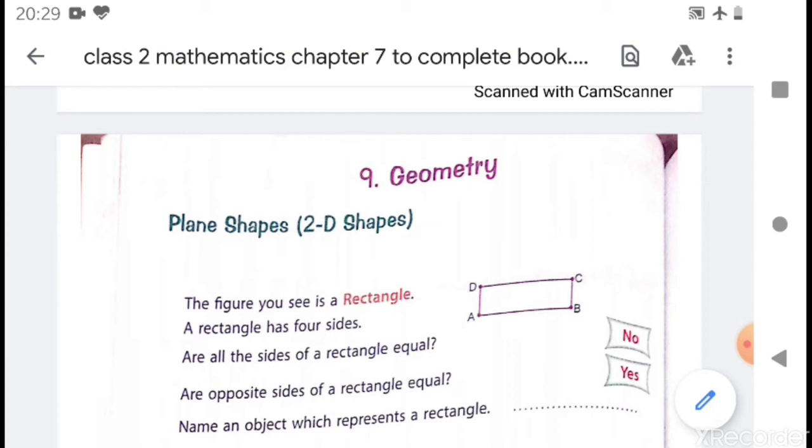Okay, and we see 2D shapes all around us. हमारे चारों तरफ हमें क्या दिखाई पड़ता है? We see so many shapes around us. The window in your house is rectangle, door is of rectangle shape, alarm clock is there, wall clock is there. They may be square, it may be a triangle, it may be circle. When you see around you, you see different shapes all around you. अपने चारों तरफ देखो कि आपको कितने shapes दिखाई पड़ते हैं. So these are the shapes. They are called 2D because D means dimension and they have 2 dimensions, that is length and breadth.